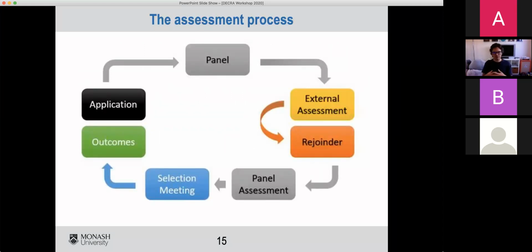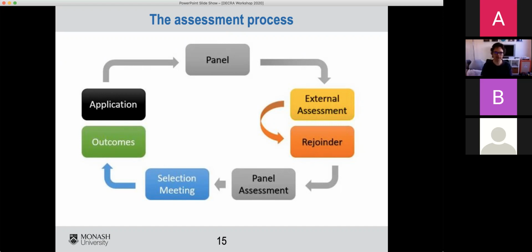So when we start moving towards thinking about how you go about writing a DECRA, it's worth thinking about the assessment process, what all of the steps in that process are, because they give you information about what your audience is. And then as you prepare your work, you need to make sure that you engage with that audience appropriately. So you start with the application. You'll assemble your application by the date in November and you'll submit it. The first thing that happens is it goes to the assessment panel, which is comprised of members of the College of Experts.